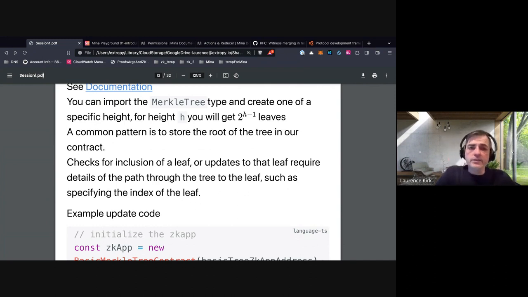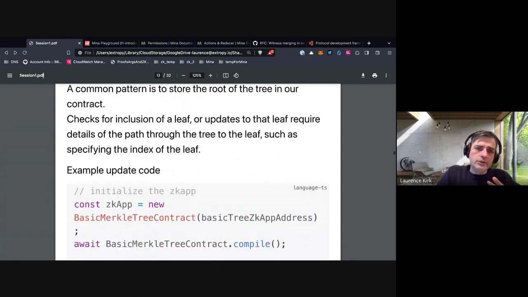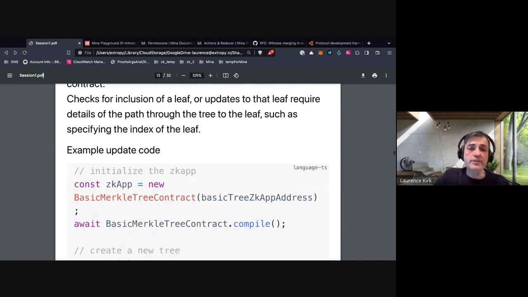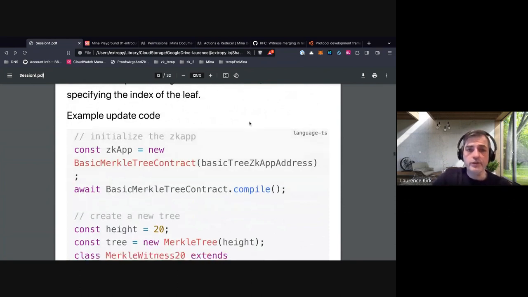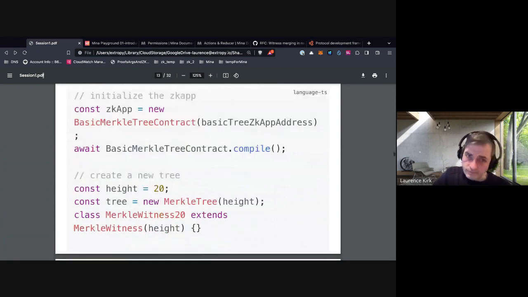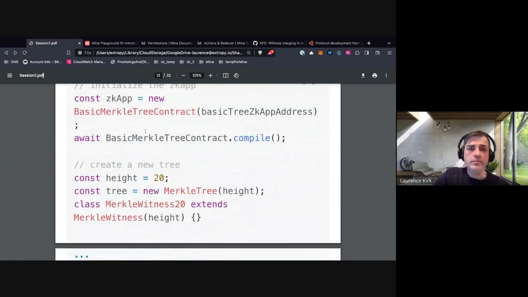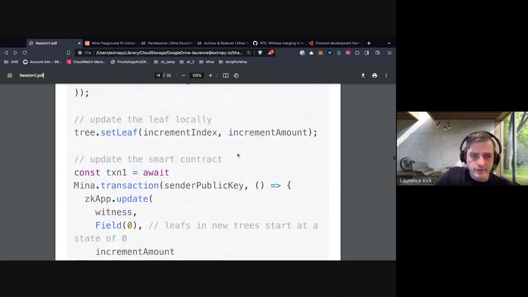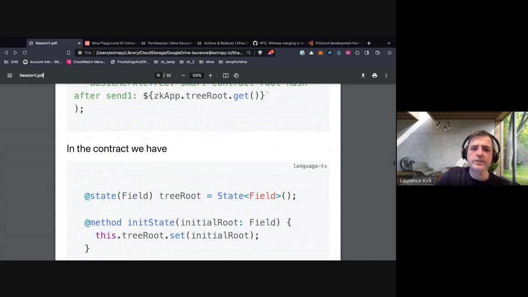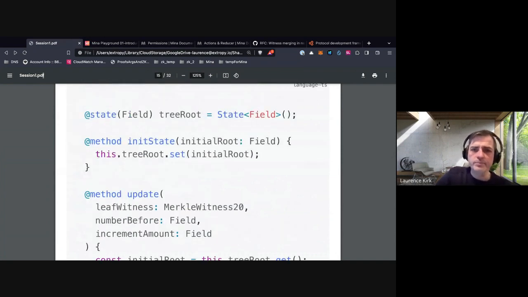And when you're dealing with Merkle trees, if you're talking about a particular leaf, then in order to get to that, it needs a particular path through the tree. The way that we can specify that with a standard Merkle tree is to specify the index of the leaf. So here's some example code. Did I get the contract separately? Oh, yes, I did. So this is the contract where we've set up